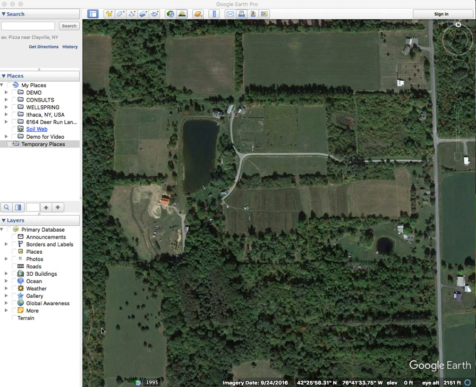Okay, welcome to the third video of this series about using Google Earth for farming and land management. My name is Steve Gabriel, and in this video we're going to talk about bringing in data from other sources in order to enhance the map that you might be wanting to make and what you might want to learn